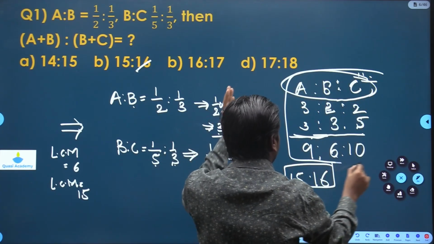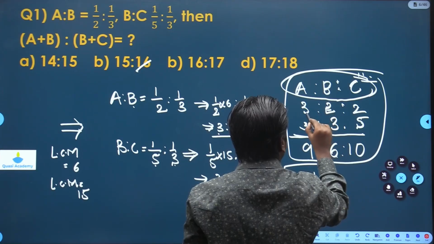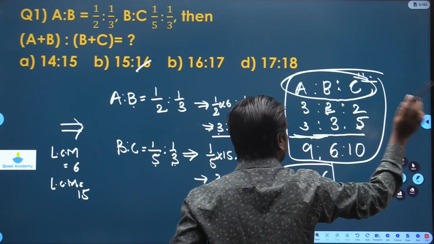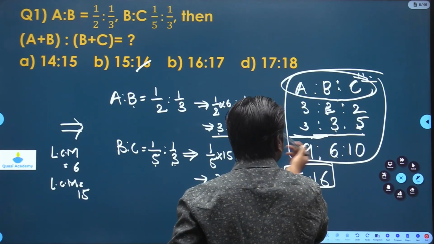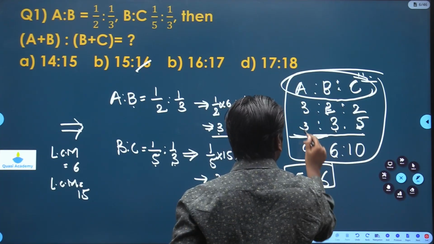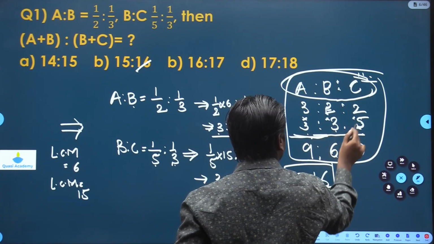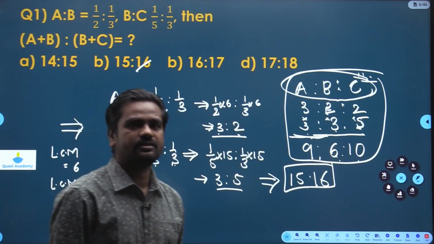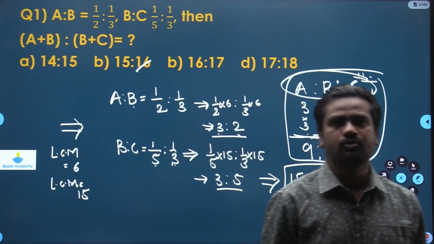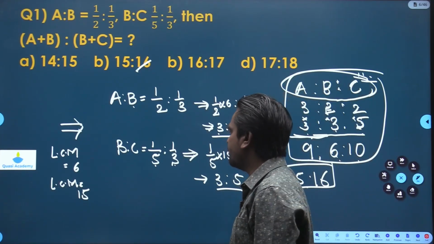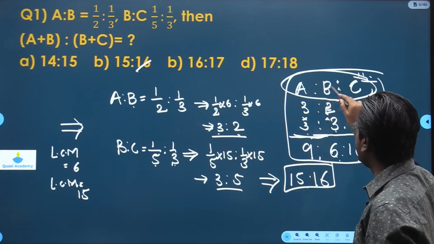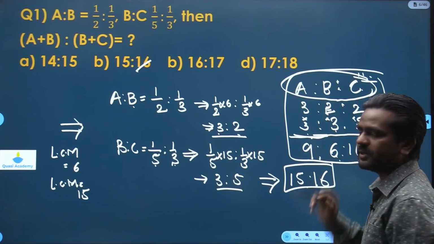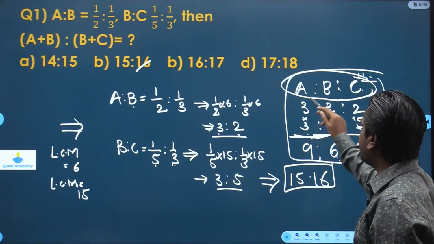this diagram. A is to B is to C, then A is to B we noted, B is to C noted, there is 2 there, so we wrote 2 here, 3 is there, for the left side we wrote 3. So we multiplied it and now we got 9:6. So by this diagram we can find the answers to ratio and proportion questions. Then we know that A, B, C are in ratio. So now we can simply add it. A plus B equal to